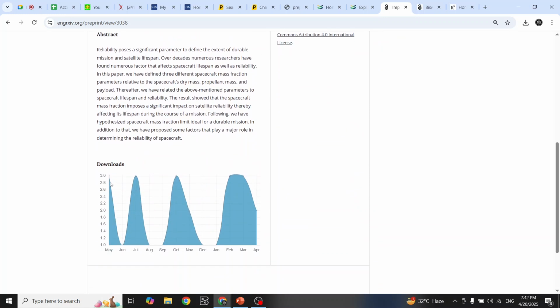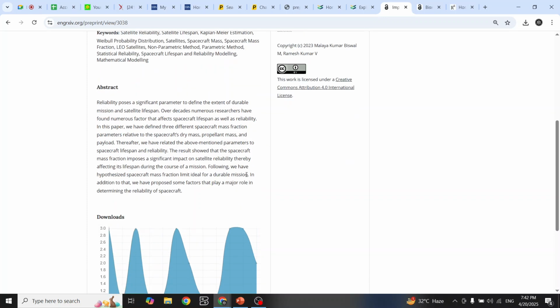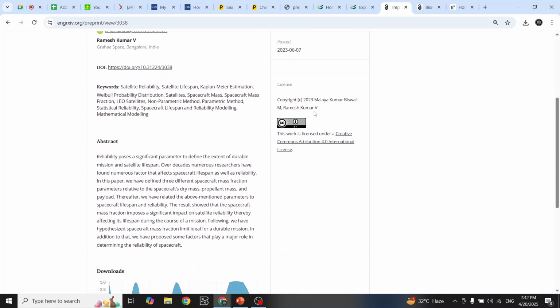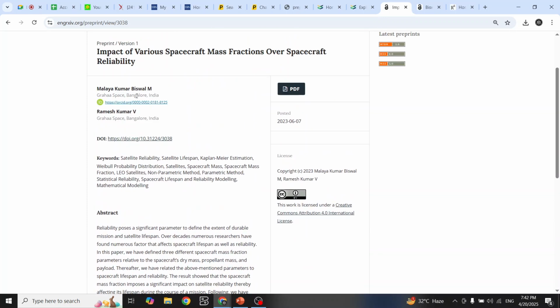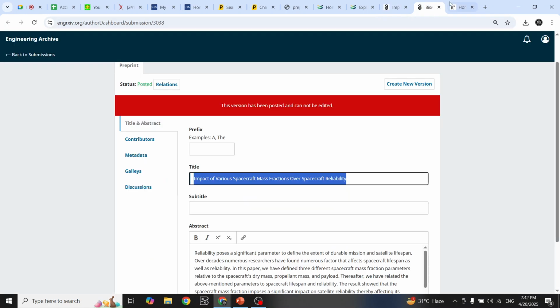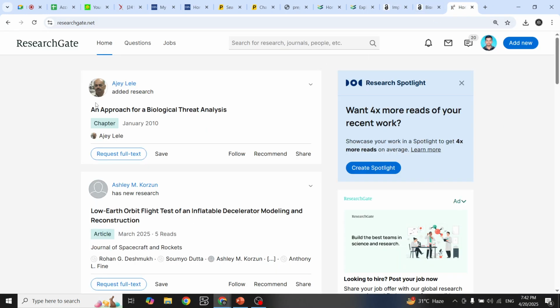So you can see the download data here, like what's the total number of downloads for each and every month. So these are all preprint platforms. Apart from this, I want to mention this one, ResearchGate.net. As I stated, you will have a good opportunity to connect with researchers, and you can request papers through this